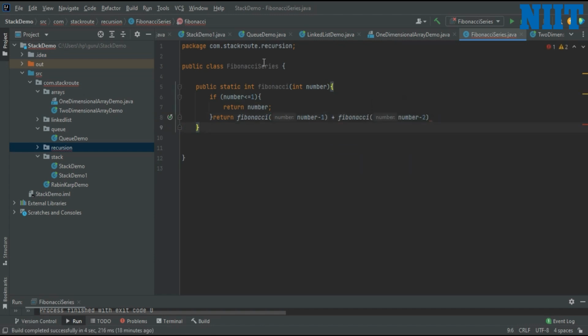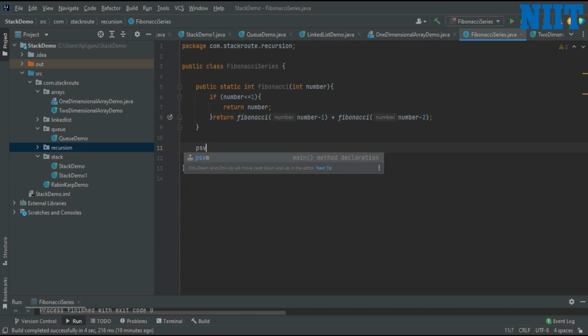So if you see in the if block, we are checking for the number to be less than or equal to 1, then return the number as it is. And here the function makes a recursive call to itself. Fibonacci is calling itself. So let us see an example through the code.